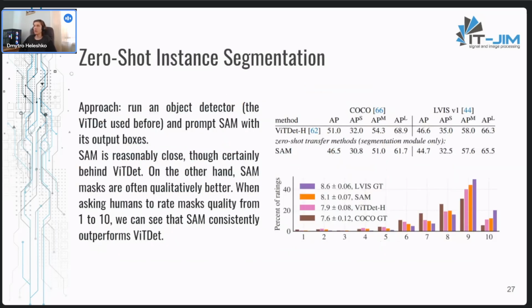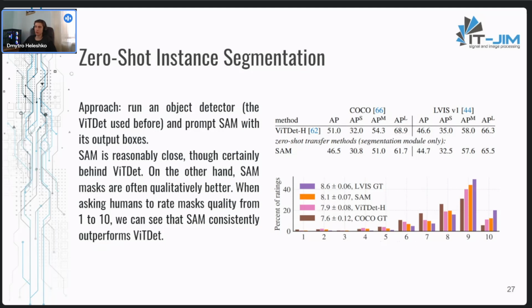The last one is instance segmentation, which is considered a high-level task. To do so, they ran an object detector, the same as in the previous experiment, and prompted SAM with its bounding boxes. SAM is reasonably close, though certainly behind a dedicated model. On the other hand, SAM masks are often qualitatively better.